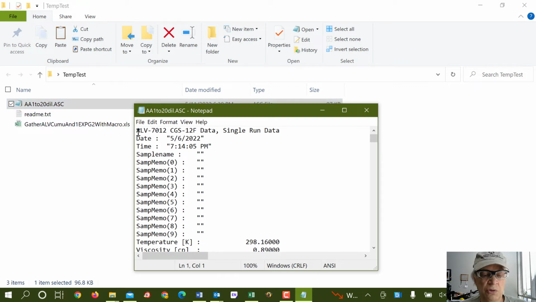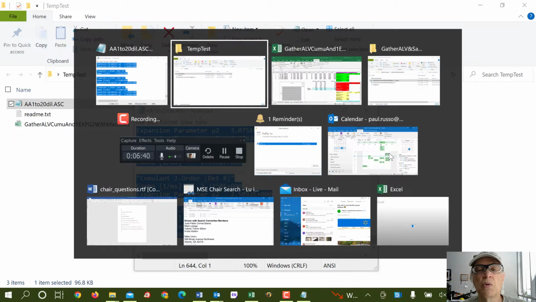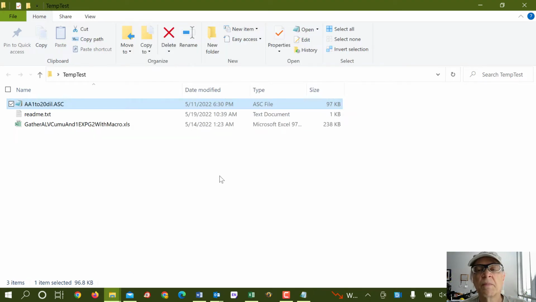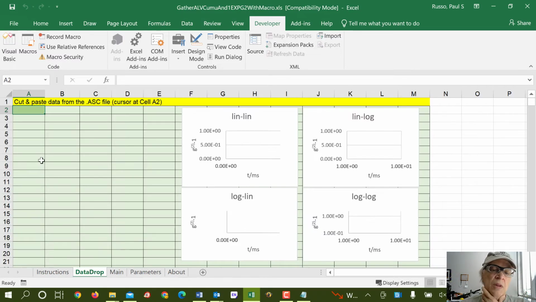And all you're going to do is just position your cursor right where it is, just leave it where it is, and hit Control A to select everything. And I'll hit Control C to copy everything. And then I'll Alt Tab over to the Excel spreadsheet and the Data Drop spreadsheet. And this is where we're going to drop it, in this slightly darker green cell, and just hit Control